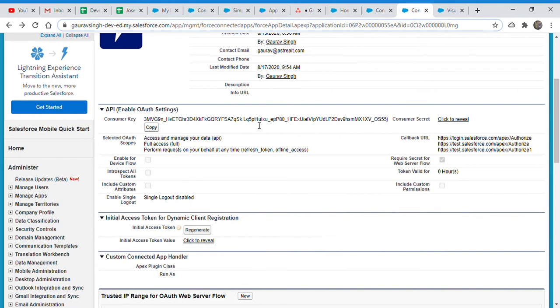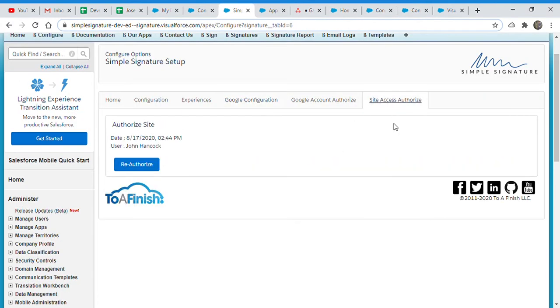So he just needs to copy these and put them in the input boxes, which will be encrypted keys, and he needs to save. That way we will have a new consumer key and consumer secret, and we will use that connected app which is created internally in that org. So we will have these three options.